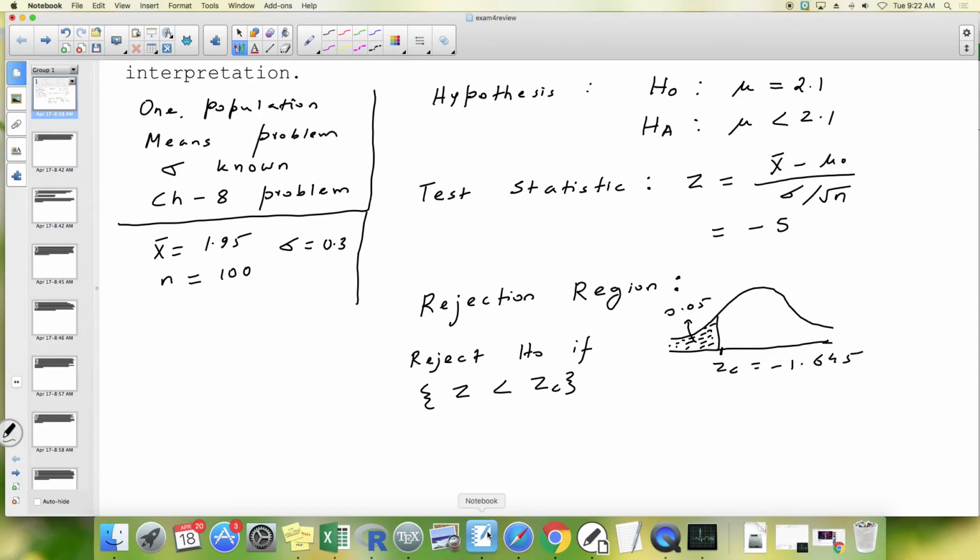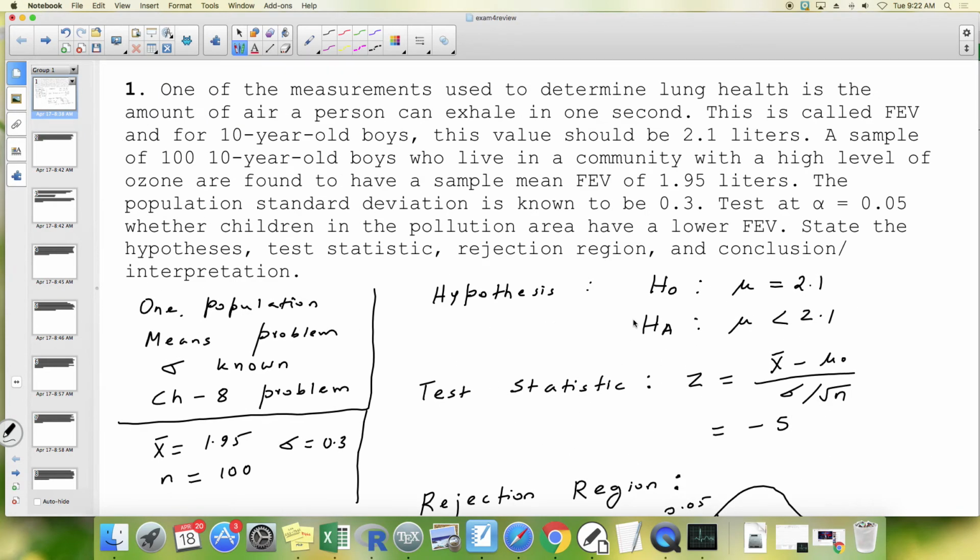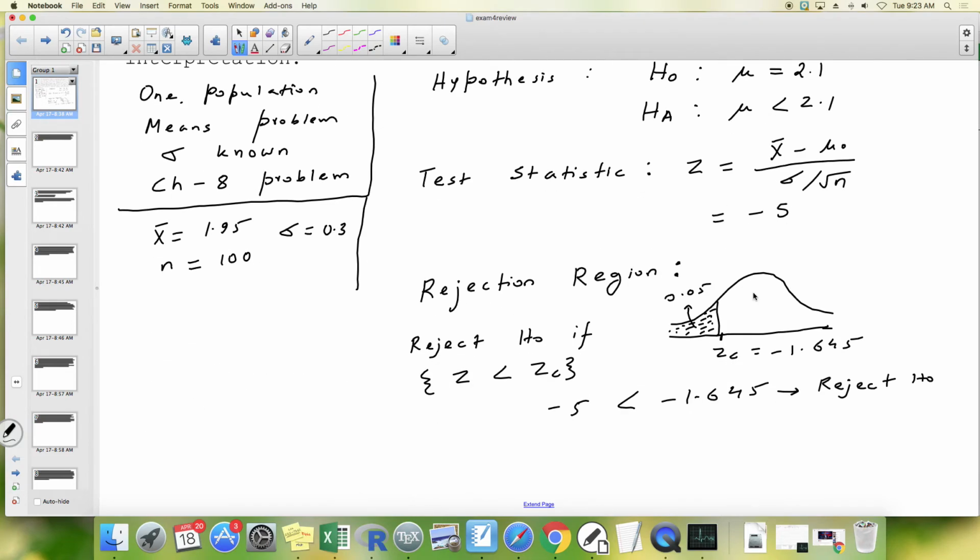Okay. Is minus 5 less than minus 1.645? Correct. Hence, reject H naught. That means the final part, conclusion or interpretation. So yes, children in the population, in that population area, indeed have a lower FEV. So my conclusion is